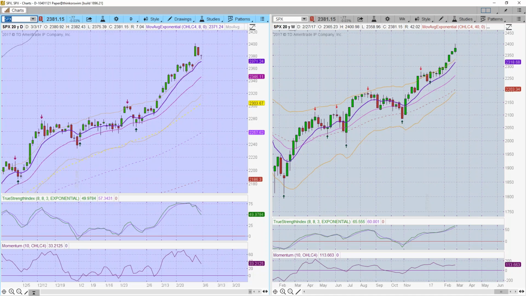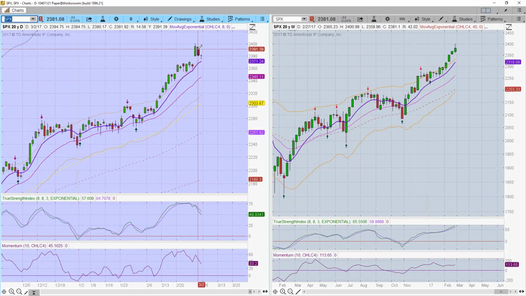Okay, S&P. Here's what I'm talking about with regard to these short pullbacks. We came up and made a high back here on December 13th, and we drove sideways for a while, bounced higher, and did a real quick pullback. Basically a pullback that took 1, 2, 3, 4 days. Dropped below the 20, and then rebounded from there, and hasn't looked back.